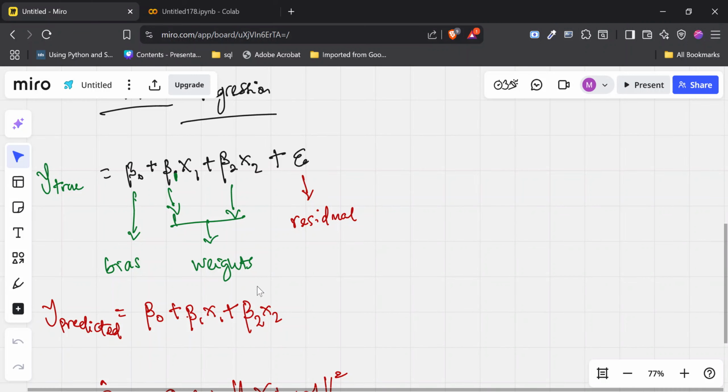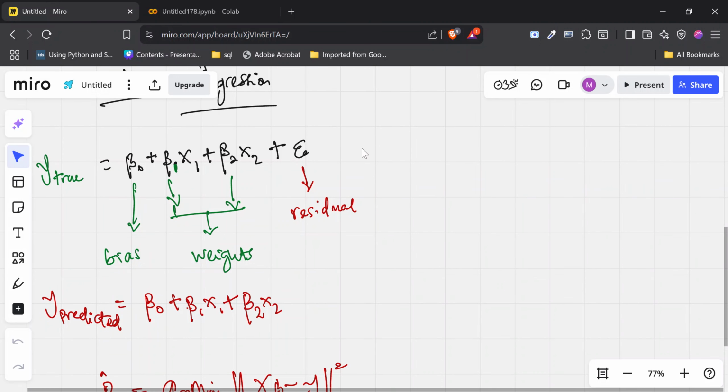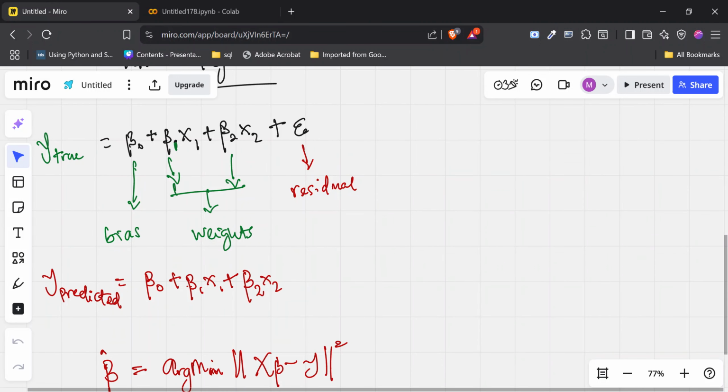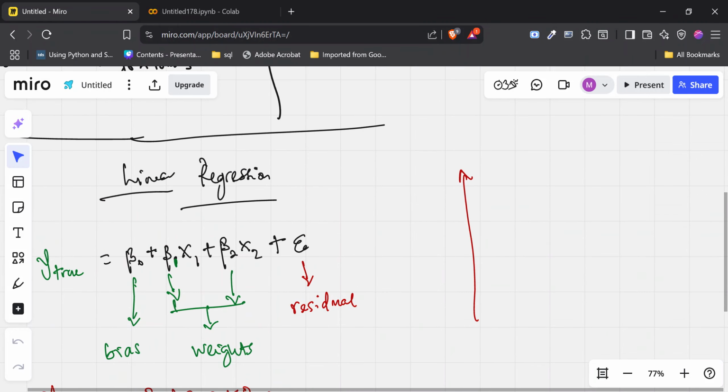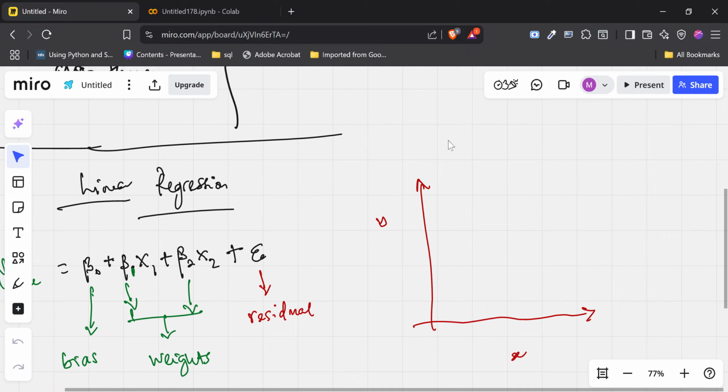The difference between y true and y predicted, which in reality is just going to be the residual, what we could not predict, right? And the whole idea is that there is a linear relationship, right? Let's say this is just a chart of x and y. So let's say we only have x and y, and this is our x-axis, and this is our y-axis. So what we are saying is this.